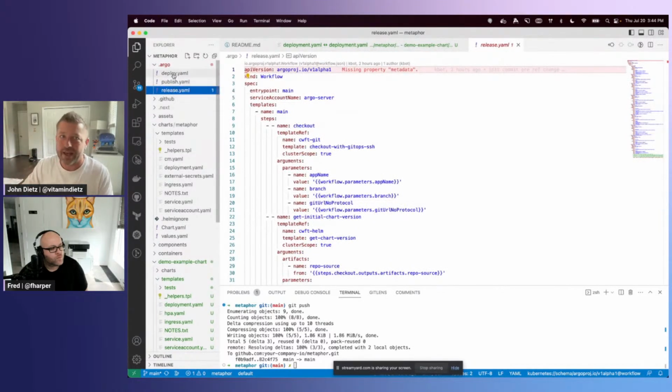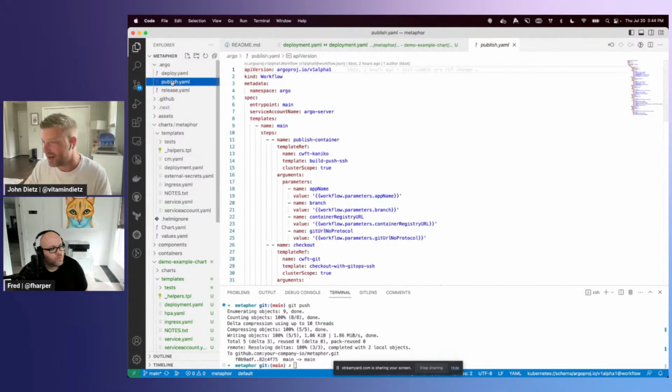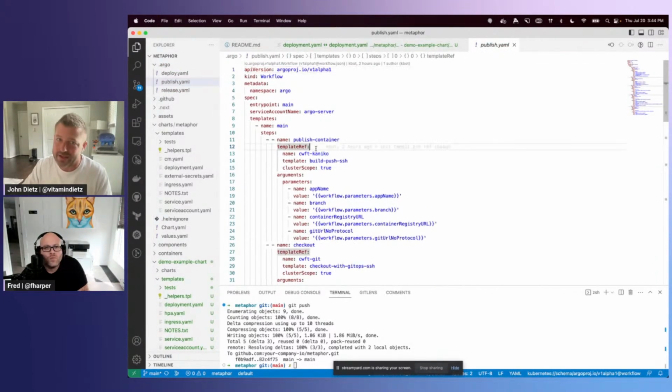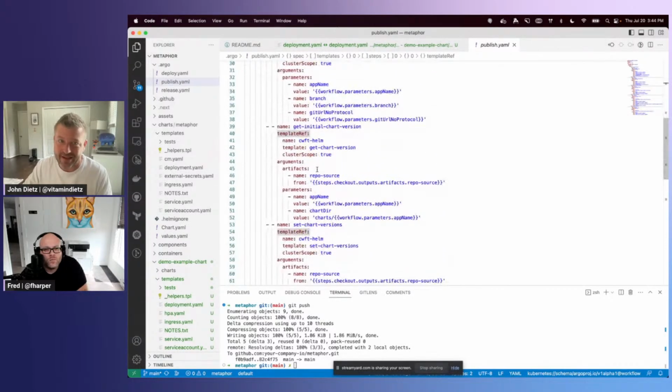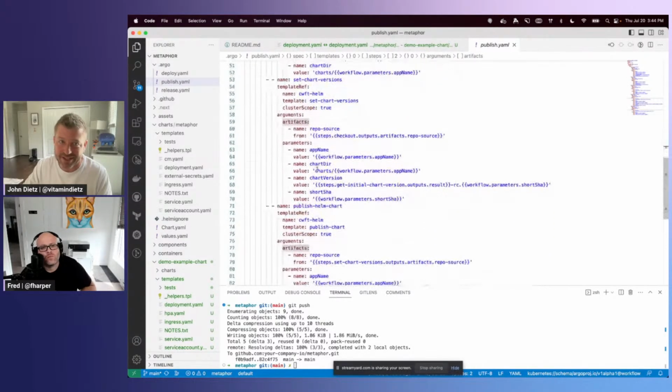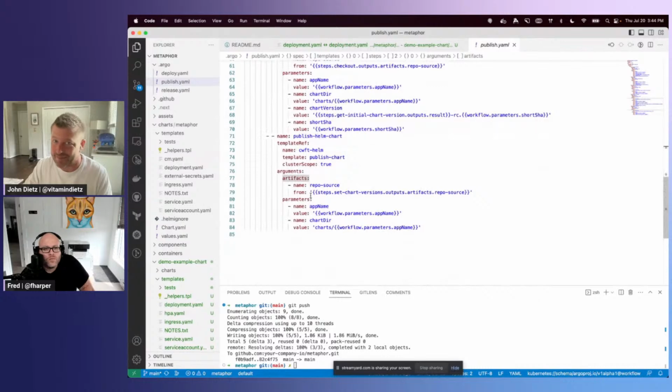So if you wanted, when you publish a new container and Helm chart, for example, if you wanted to publish the container and check out the chart version and then set the chart version and then publish a Helm chart and then do one more thing, like do a container scan or do a Slack notification to your development channel that some application delivery just went to development, or whatever it is that you want to add to the Kubefirst platform for your CI pipelines, it's just a matter of adding one more of these sections.